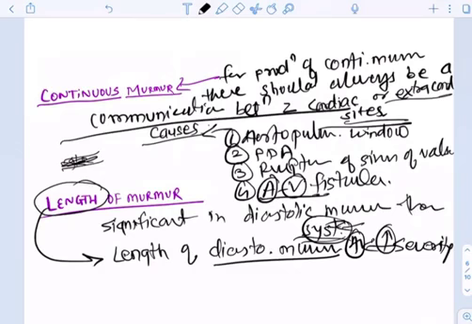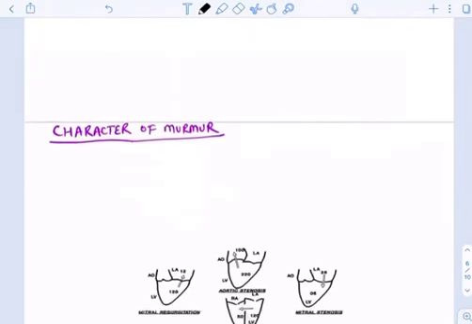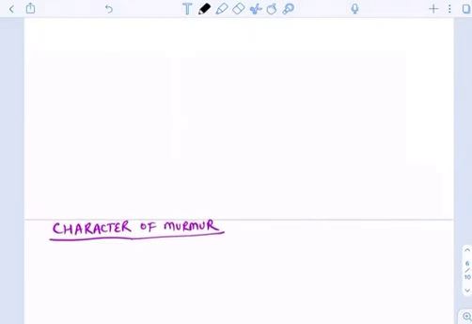Why am I saying this? Because in pansystolic murmur, length cannot exceed. It is already a pansystolic murmur from S1 to S2, so there will be no grading for severity. But in diastole, there is never a holodiastolic murmur. There is always a mid diastolic murmur or early diastolic murmur. So we can see the length of the murmur, and if the length of the murmur is more, it indicates that the lesion is also severe. So this was important about the length of the murmur.